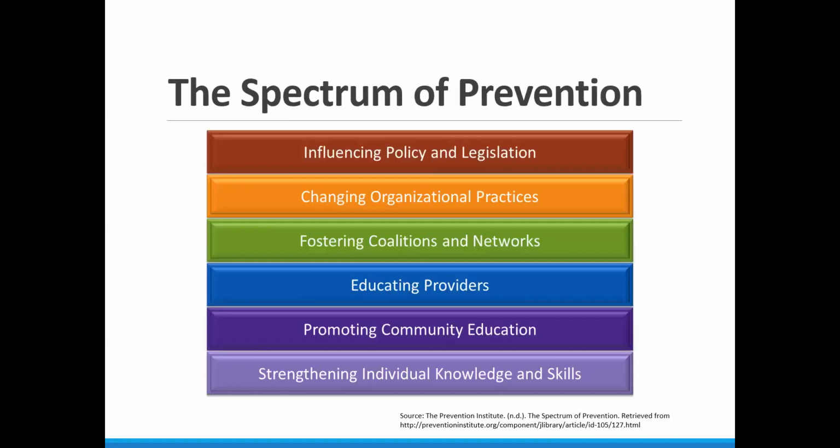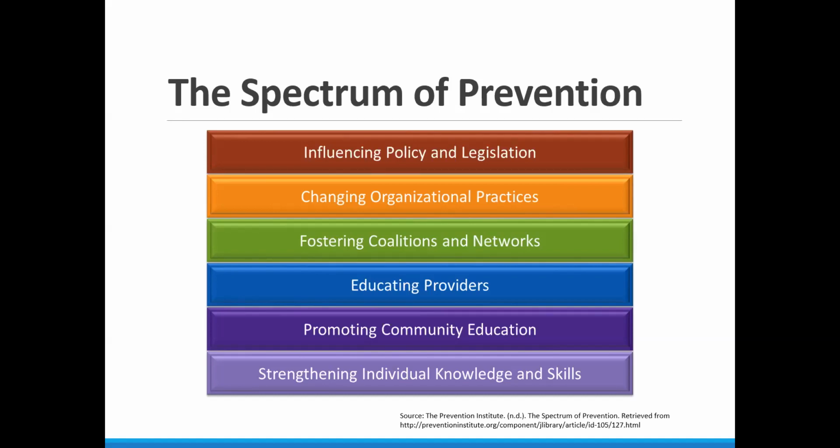So the next slide is the spectrum of prevention. I'm hoping many of you are familiar with this spectrum, but I'll go over it very briefly. The spectrum is comprised of 6 interrelated action levels and was designed to shift the focus beyond individual educational interventions to a multifaceted approach. These are arranged in rough hierarchy, with interventions at the higher level of the spectrum being more efficient in terms of effort per person impacted, and are generally more effective than those lower down the hierarchy. However, the levels are interrelated, and those interventions most likely to succeed will be those that address multi-levels of the